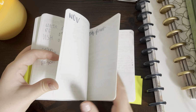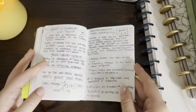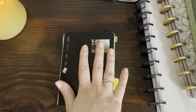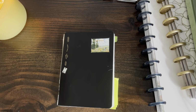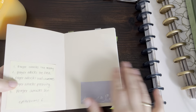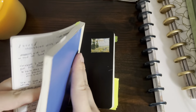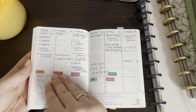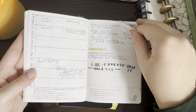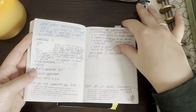This is what really worked for me. I had a few more A6s after this. So like I said, I used a Midori MD. After the Midori MD, I ended up getting this Hobonichi, and this was my first Hobonichi after the first A6 Hobonichi I had. And I was using most of it for journaling, but I had a little bit of planning. I was testing out this vertical style layout, and then I had the horizontal layout, because I was thinking of getting